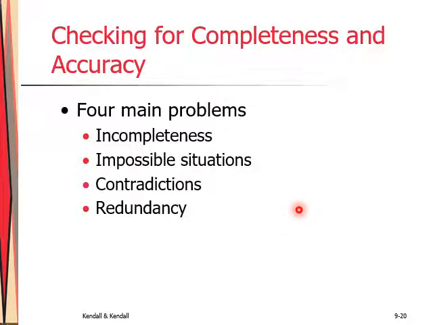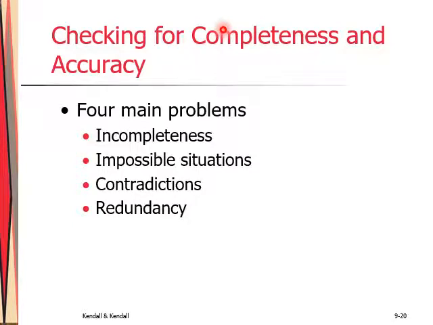For preparing a decision table, we need to check these main parameters. The first parameter is incompleteness. If a condition is left out, the whole decision table would change, because a new set of alternatives, new actions and new action rules would have to be added. So we have to check whether the table is complete.